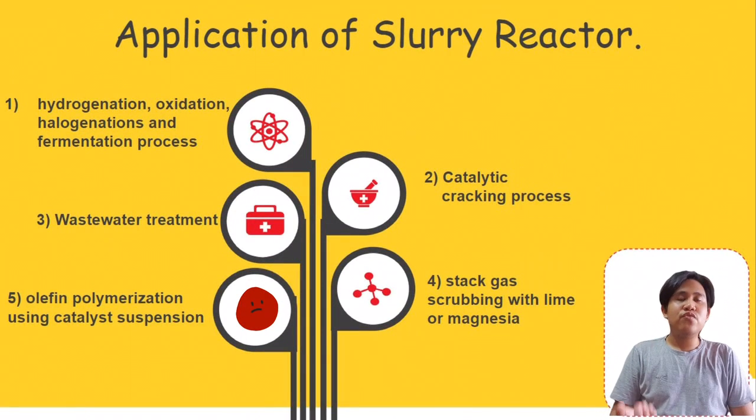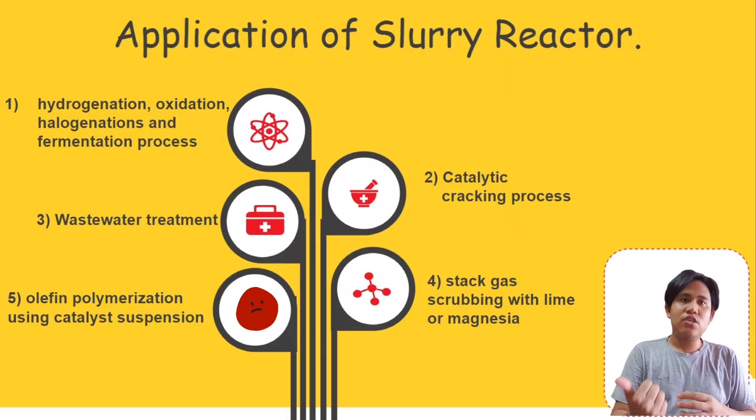The slurry reactor is used for applications of hydrogenation, oxidation, hydroformylation, halogenation, ethylation, and fermentation, as well as catalytic cracking processes. The slurry reactor is also used in wastewater treatment, stack gas scrubbing with lime and magnesia, and also olefin polymerization using catalyst suspension. So the slurry reactor is very useful, especially because it can react in 2 phases or 3 phases,